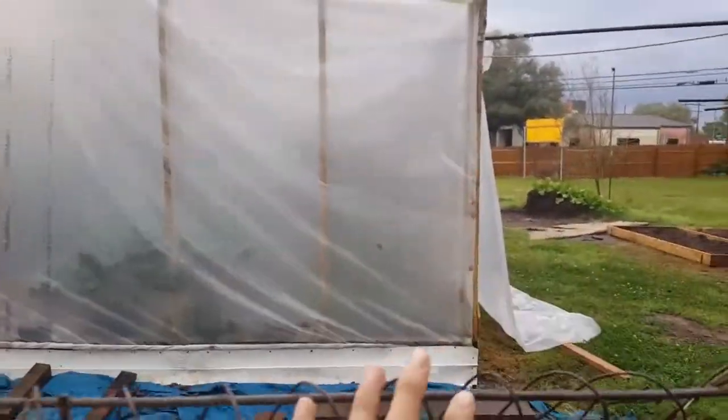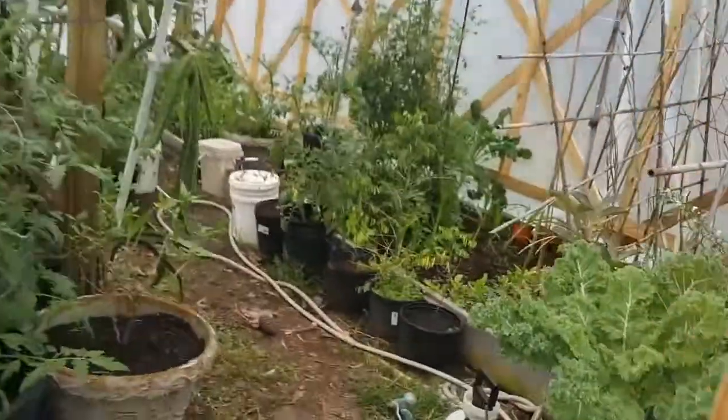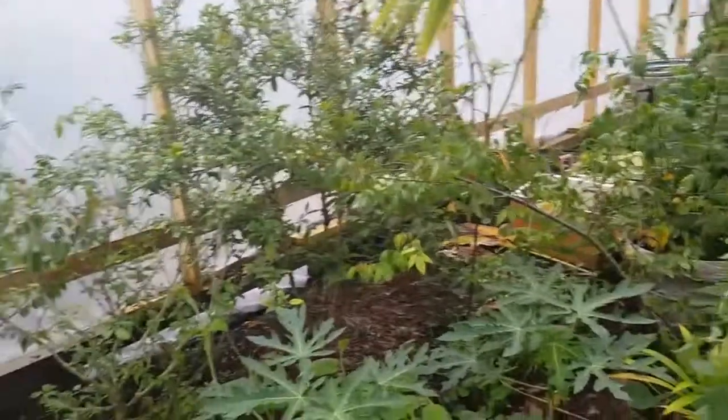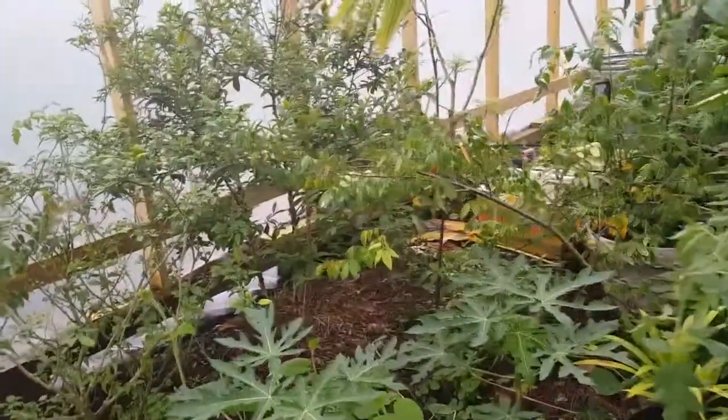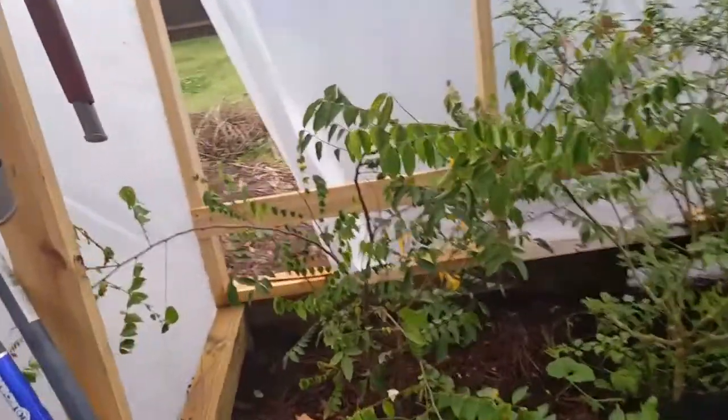But this greenhouse we built last year, and I spent about $1,000 on it, mostly with just regular treated wood and some greenhouse covering. Because you're walking through here, it's all these plants right here. I'm going to tell you what it is, but it's been here since last October. From the far left here,